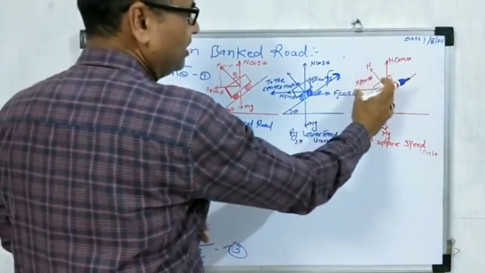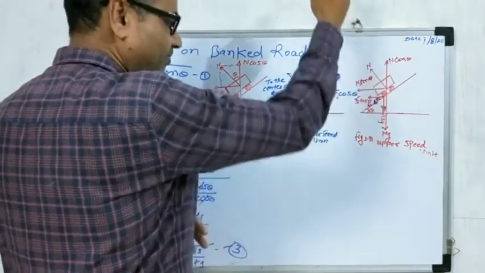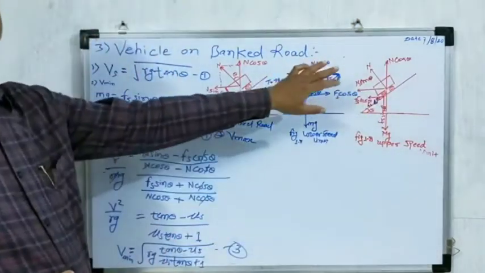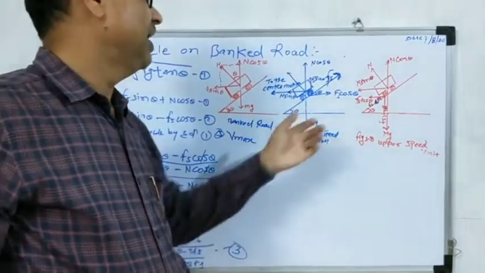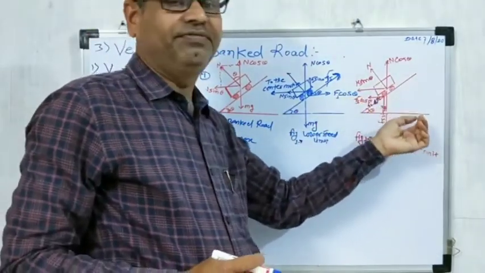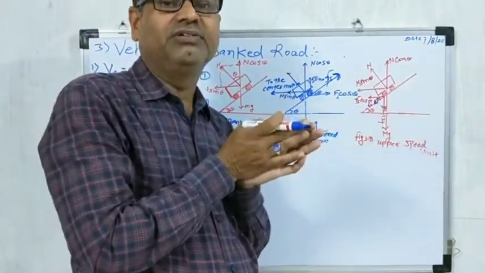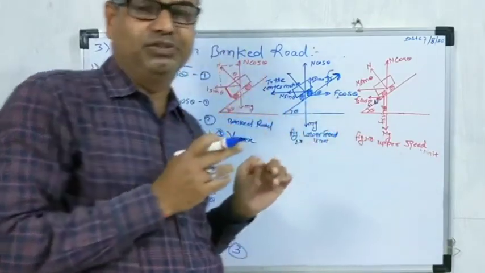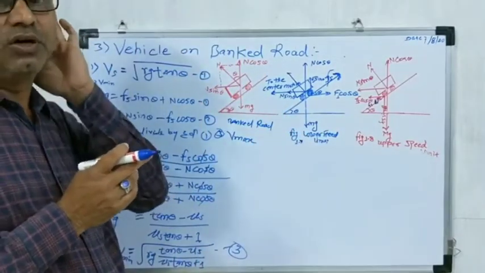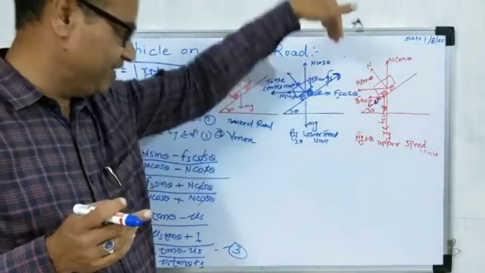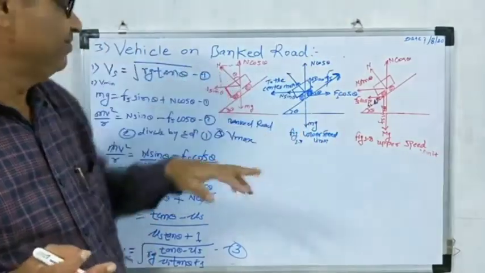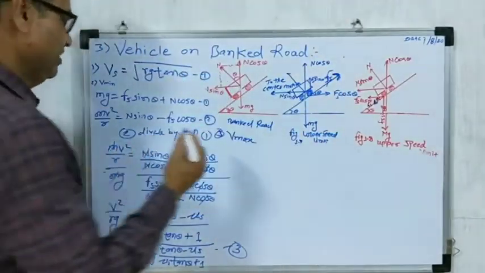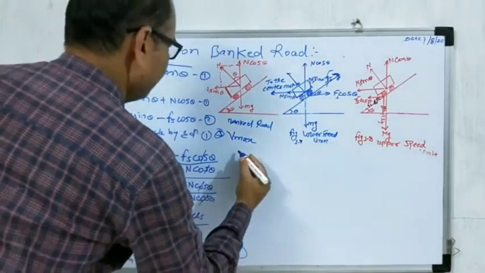The normal reaction is divided into two components, sin theta and cos theta, and the force of traction is also divided into two components, sin theta and cos theta, with the direction negative. Therefore, the equation first: